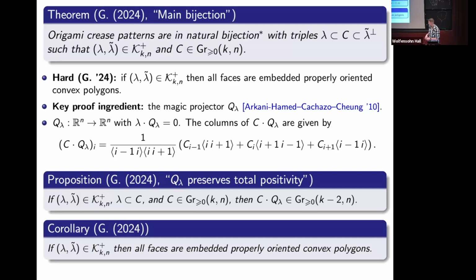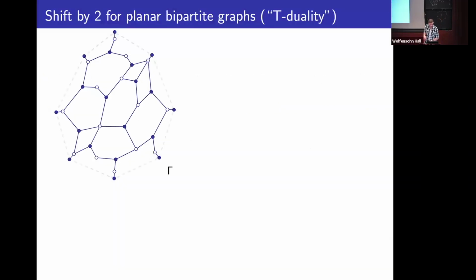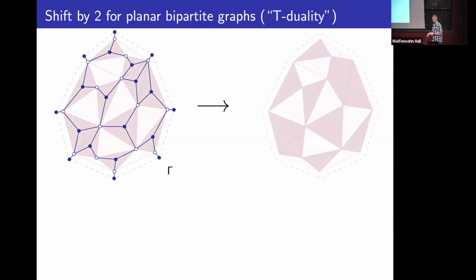And to go from the proposition to the corollary, there is a different idea that I'd like to briefly explain. There's this construction which I call shift by 2, and some of you are familiar with this under the name T-duality. You start with a planar bipartite graph in a disk, and then you insert some degree 2 white vertices to make every black vertex trivalent. Then you draw a little dark triangle around each black vertex, and you triangulate the white regions, so you have a triangulation of a disk into dark and white regions. And then you